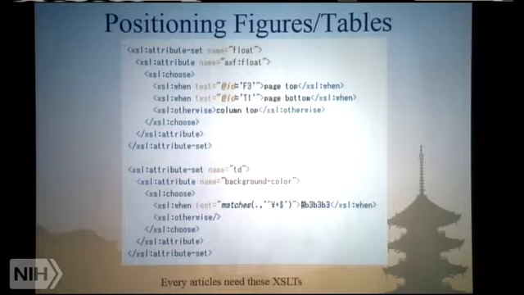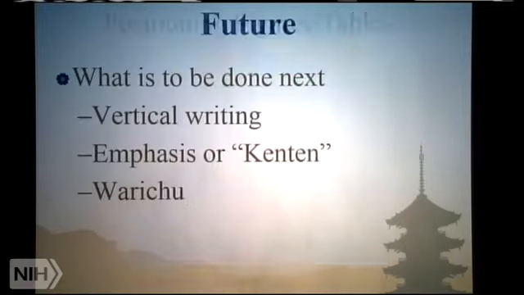But we need more in order to improve JATS for the international circulation of articles. So what is being done next? So far, what we need to process are STM articles, which are written in the standard Western way, and the difficulties we face are limited. In the future, we will need to deal with social science and humanistic literature, which are more traditional and contain the following characteristics: vertical writing,